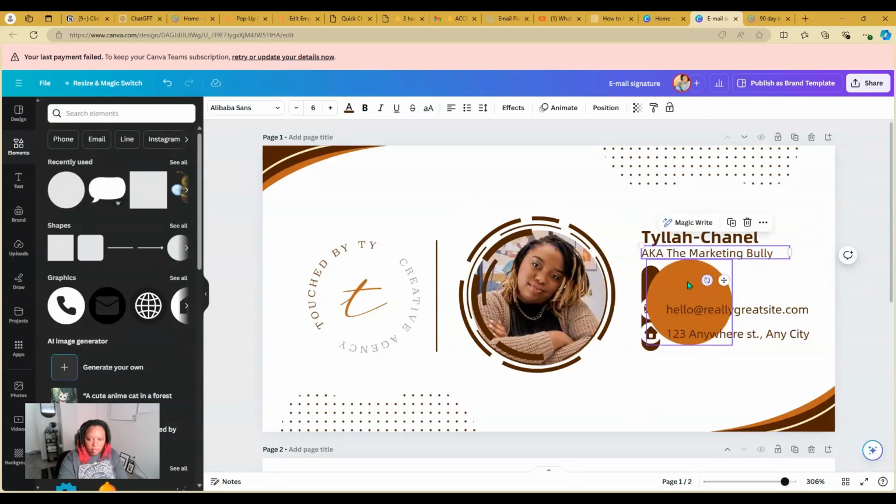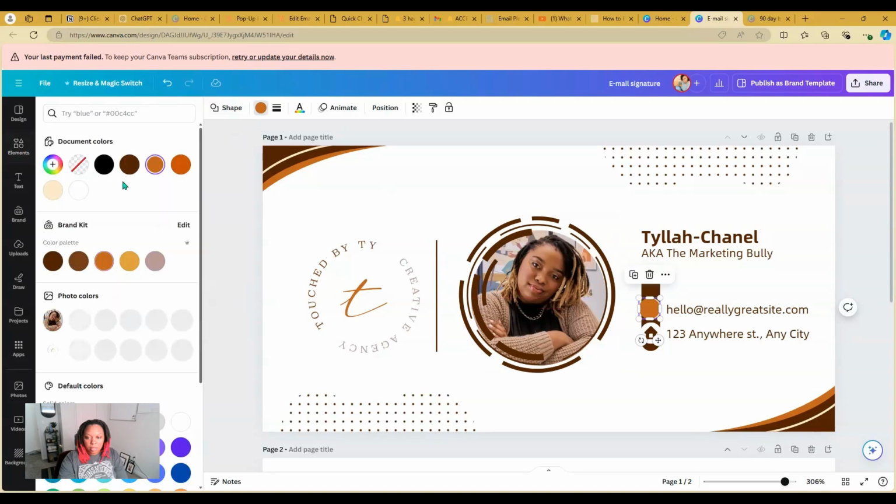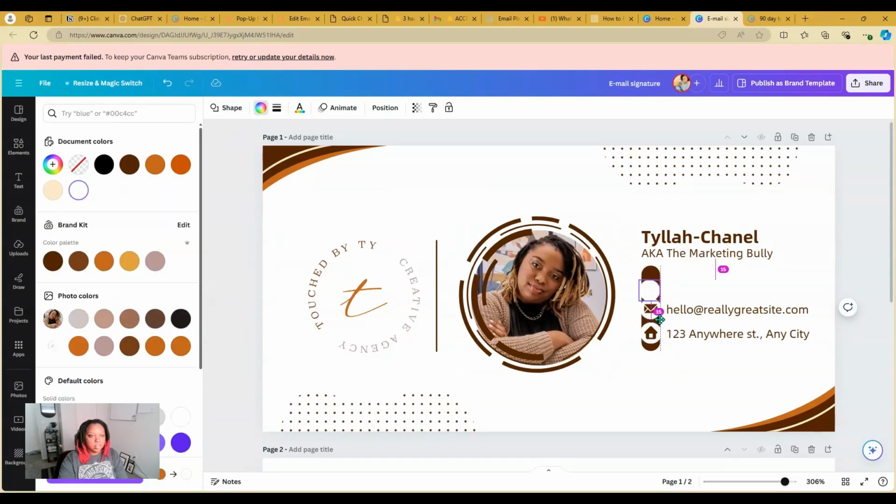So I'm going to add another circle here, because I'll put like my position instead of my phone number. Because don't nobody need to be calling me. I'm trying to get this little circle that I added on here to be the same size as the other one. So,